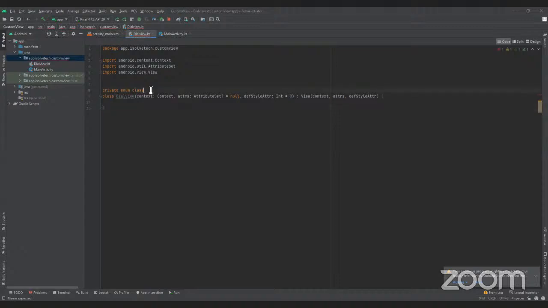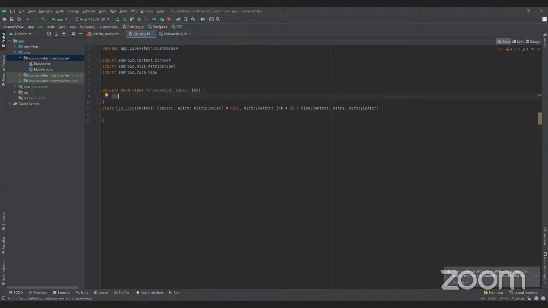Okay, I'm going to create an enum class. I'm going to call it FanSpeed. This is going to take a property of label, and that label will be of an integer data type. So in our enum class, these are the properties we're going to have. We're going to have the off, and